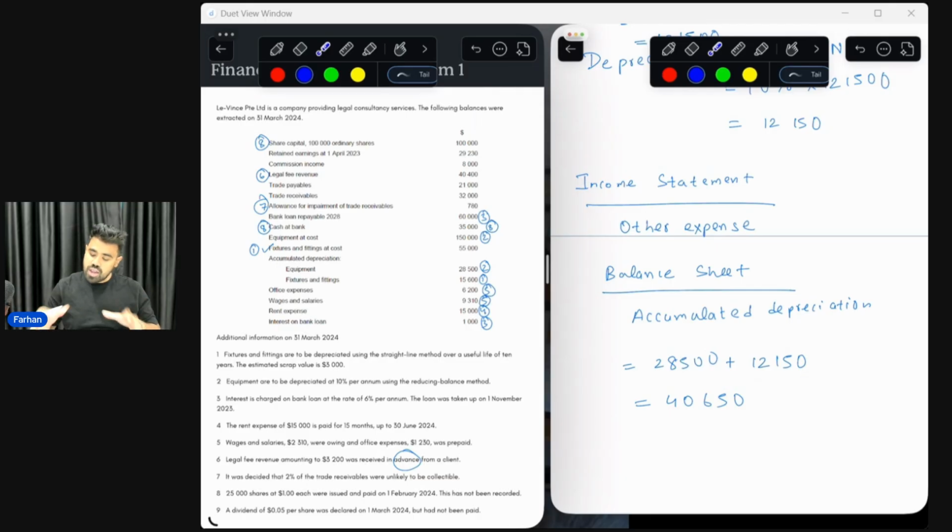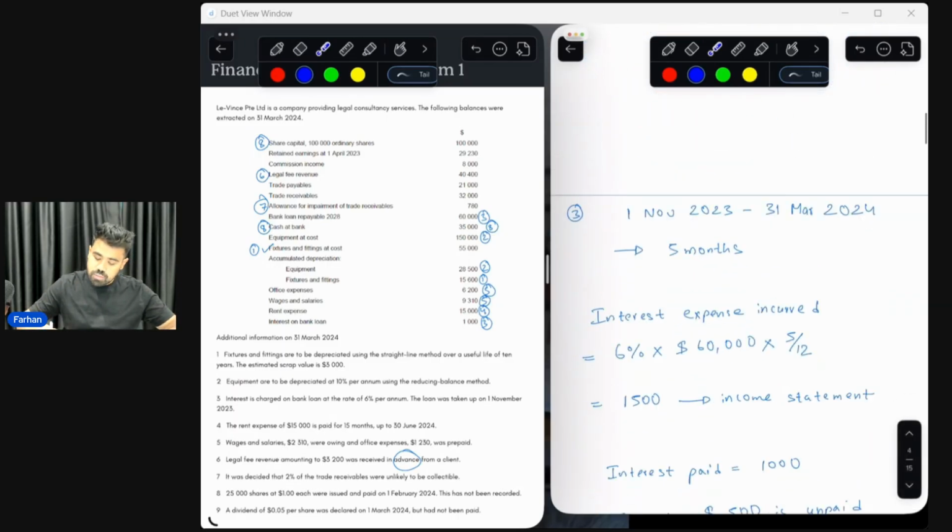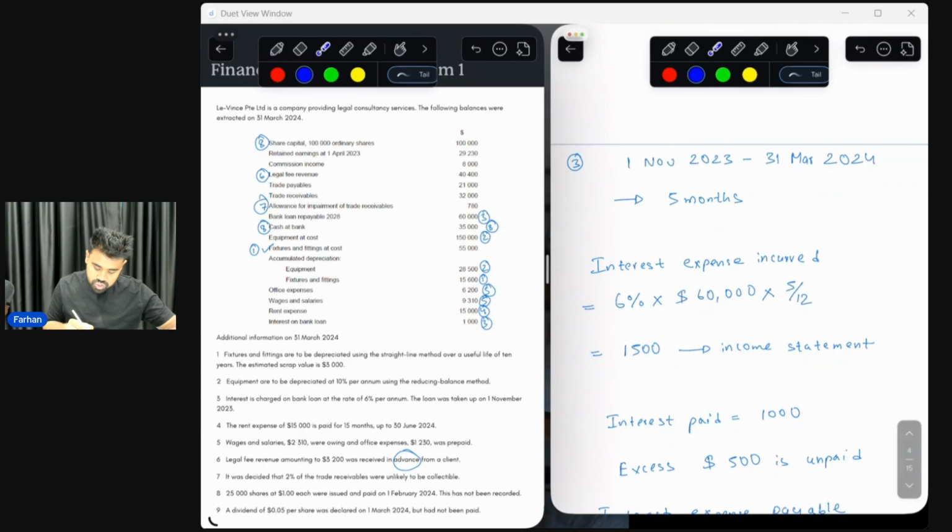That gives us a net accumulated depreciation amount of $40,650. All right, so now let's move on to additional information number 3. Interest is charged on the bank loan at the rate of 6% per annum, and the loan was taken up on 1 November 2023. So we understand we are working with the business and we are preparing the financial statements